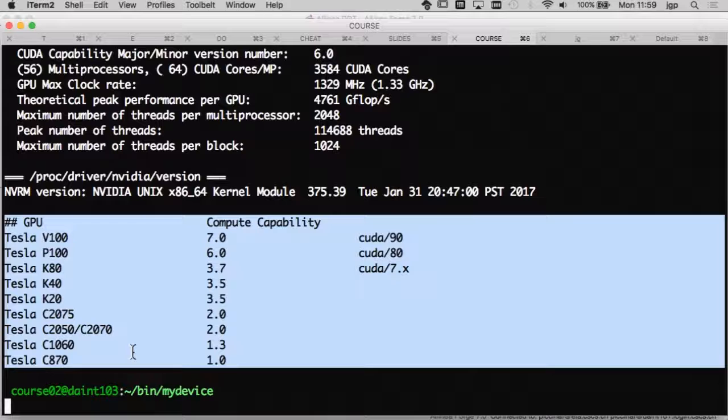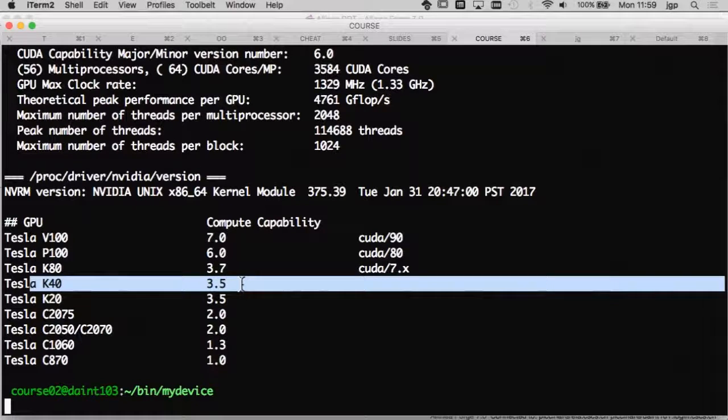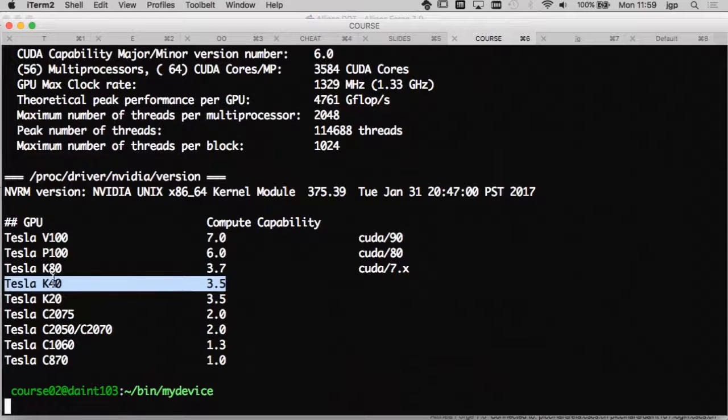I guess the important point here is that depending on your hardware, you will be limited on the compute capability, so you will have to be careful. If you try to compile a code using 6.0 on a Kepler GPU, which is the previous generation, NVCC will fail because at that time the 6.0 capability didn't exist.